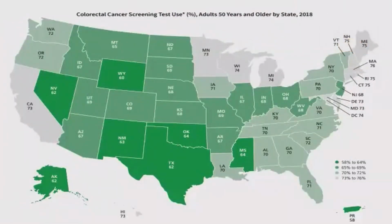And lastly, this is just a graph showing how we're doing in the state of Vermont in terms of colon cancer screening. We're all the way up here, as you can see, 71% of Vermonters, this is 2018 data, are getting colon cancer screening. Certainly that's above average in the United States, but not at the top,